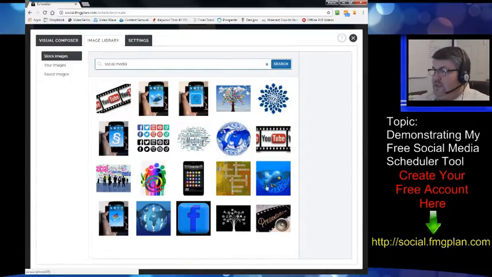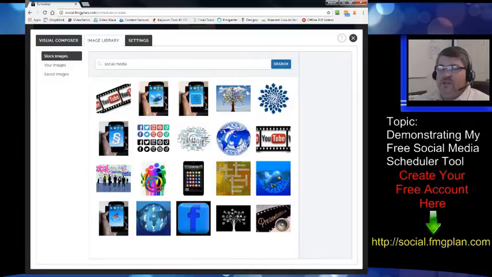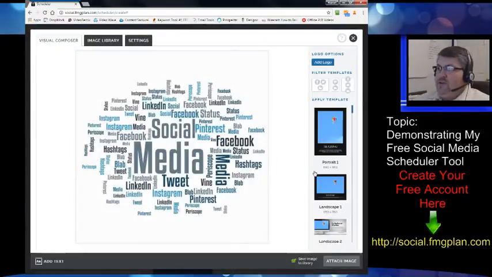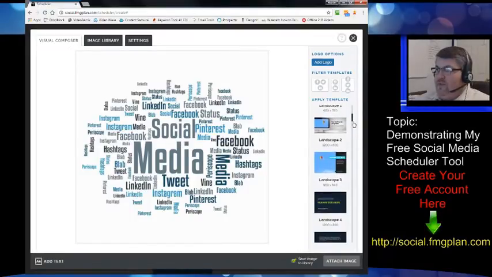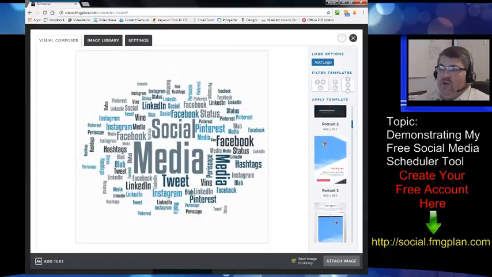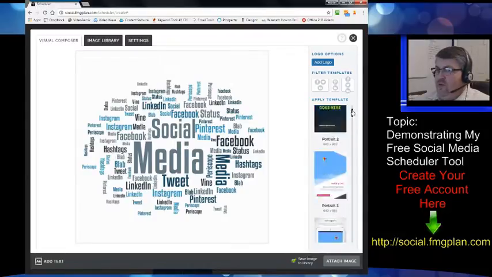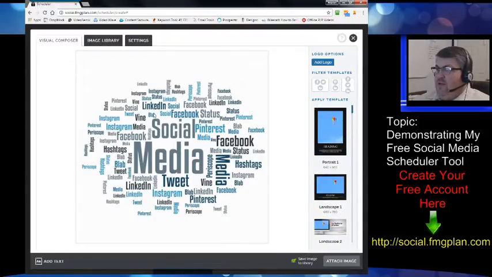Let's see, we use a social media cloud. So I just click on the image. It'll pull up the royalty-free image. You can click Use Image. You'll see a preview of it. Well, I also have templates built in for you where you can quickly pick one of these templates, or you can just add your own text layer down here and make that work for you however you want within the image. But we're just going to pick one of these layers up here. I think this would be appropriate, this particular template.